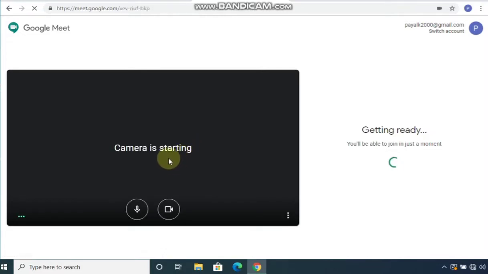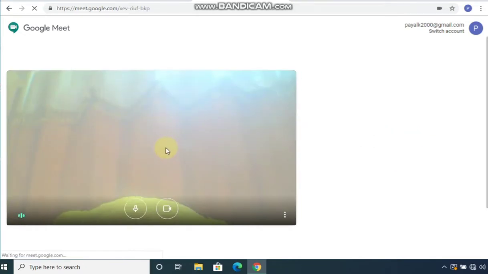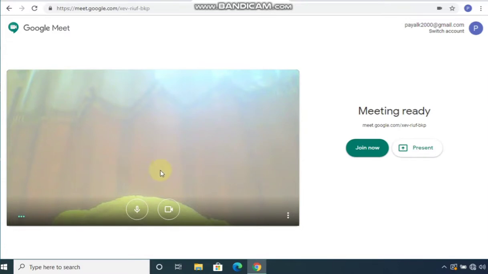The camera is starting. If you are doing this through a laptop, you have an integrated camera. Here is your camera, which is on. So now your video is on.